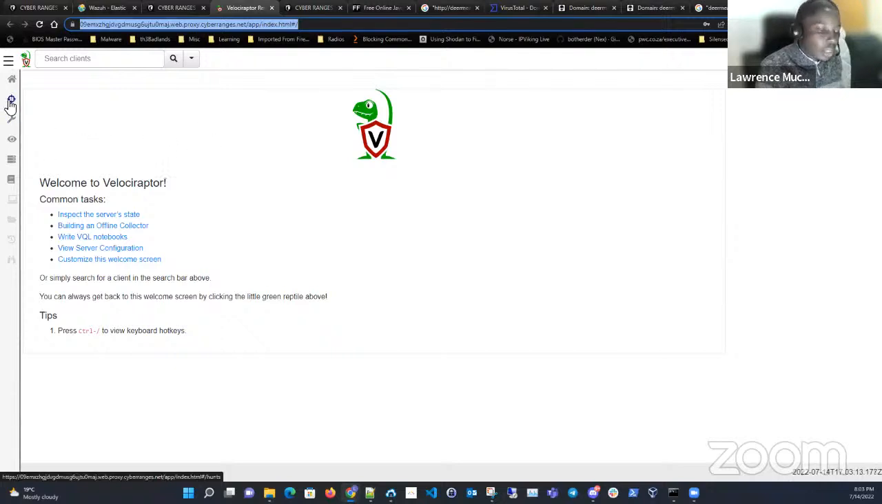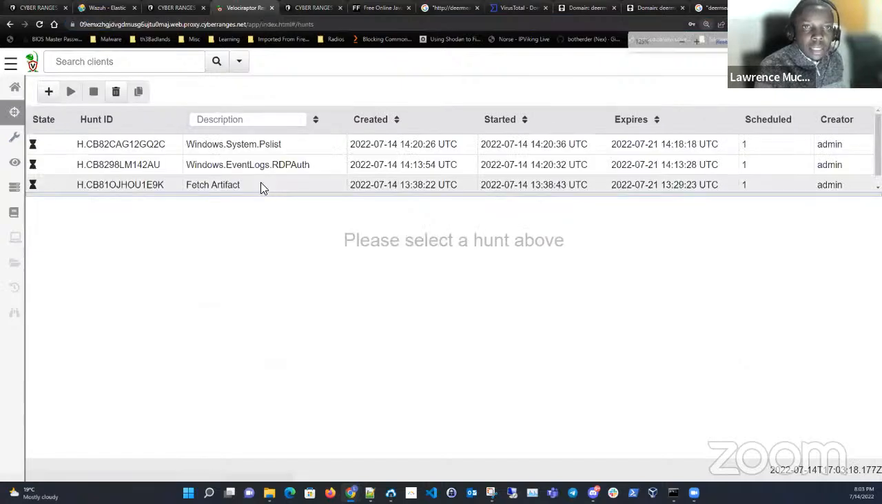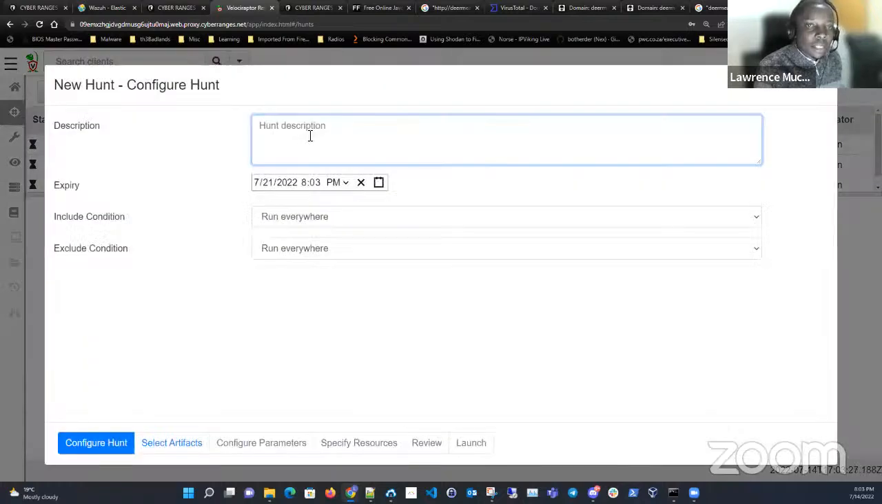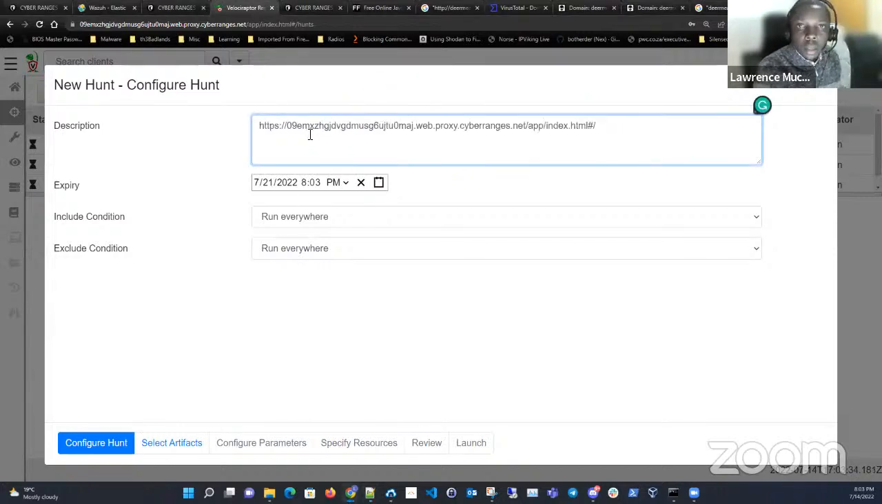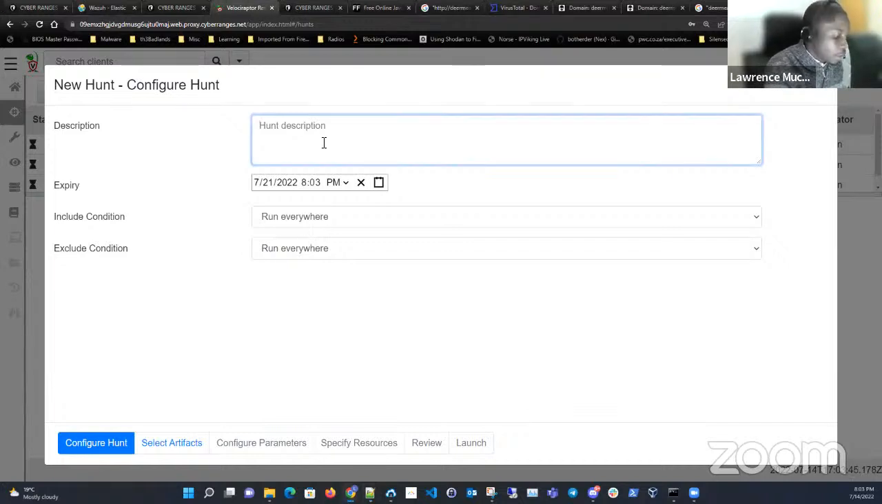So click on this icon right here to configure a first hunt. I do have some existing hunts. So here, to configure your hunt, click on the plus sign to create a new hunt, give it a name. So given that for this hunt, we are getting a specific file, I'm just going to give it an appropriate name. So fetch,